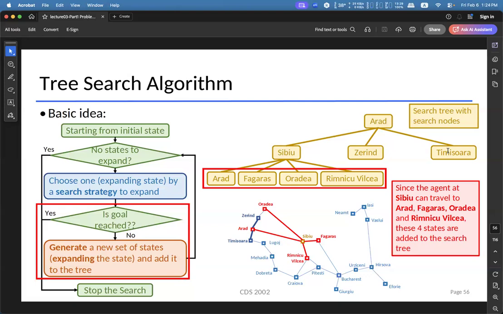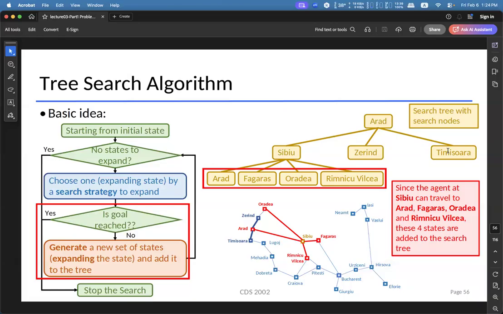So you can see that we are using the search tree as a data structure to keep track of what we have explored so far. You can consider it just like when I'm doing exams, I have a draft paper to keep track of my calculation process. The search tree is acting in our main memory to keep track of what nodes, or I would say what paths, we have explored so far.